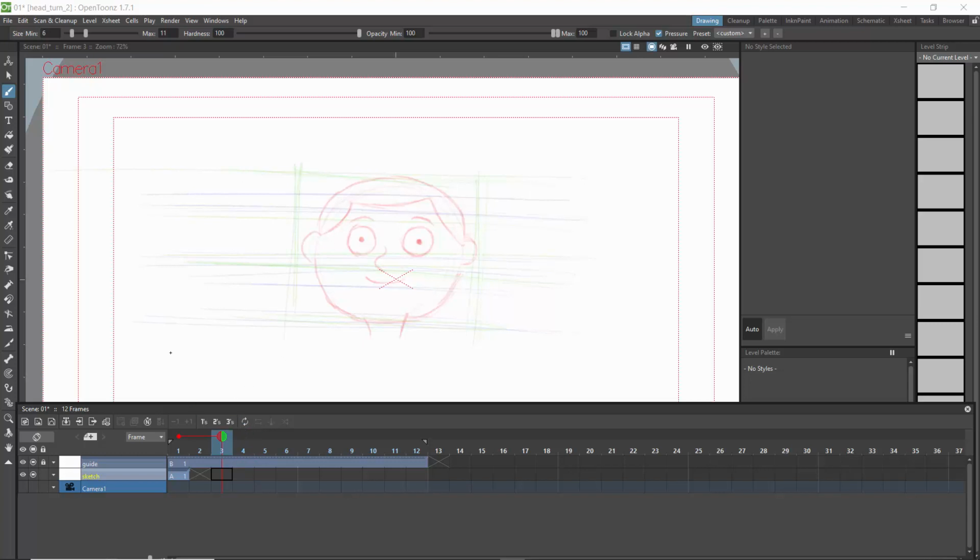So for that, I'll go back to my sketch, which is this guy right here, sketch layer. Make sure we're on the pencil tool, and I'll begin to draw the outline and begin to consider that my character has started turning. So the best thing to do is to draw my extreme pose first, and that's going to be on frame 9 because I'm going to have 4 drawings. So 1, 2, 3, 4. So if I go to 7 and extend this to 1, I can still see my drawing. In fact, if I want to, let's just leave it at 7, and this is going to be our extreme